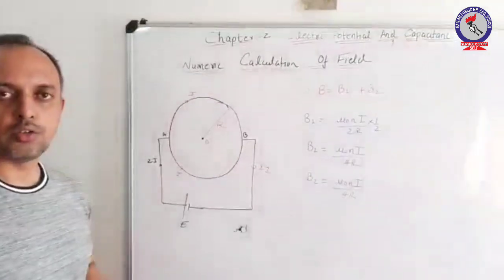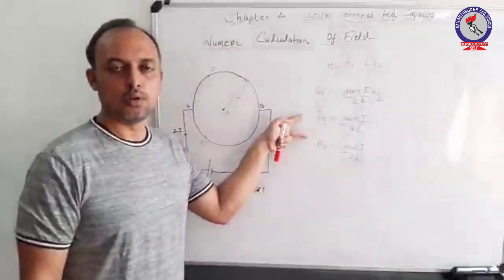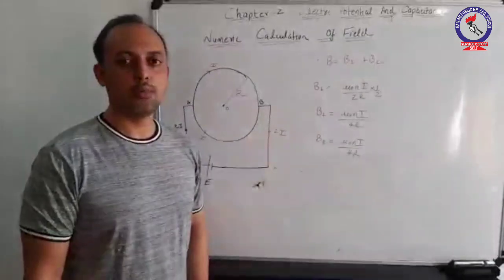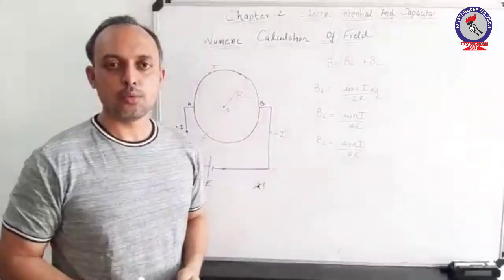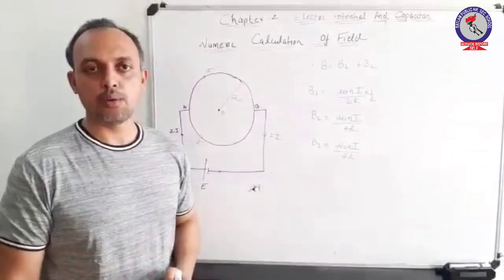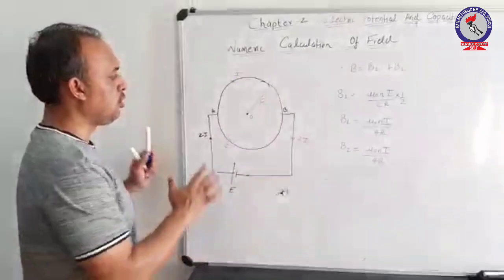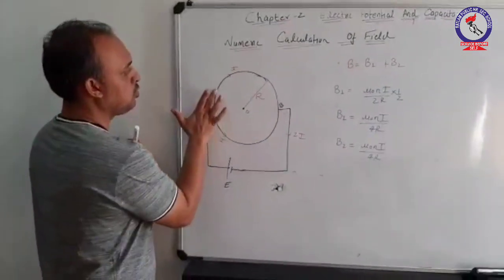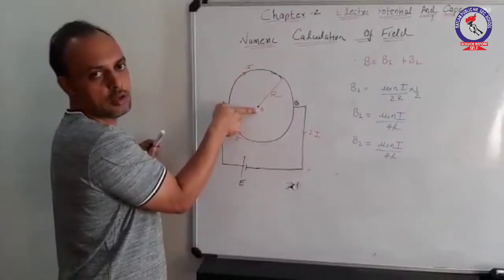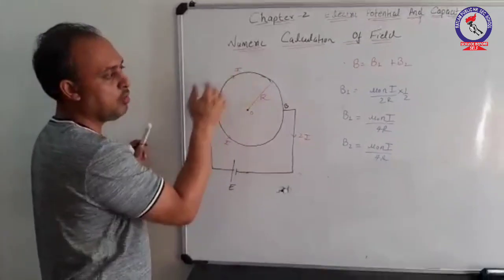So from the two equations, you can observe that the magnitudes of the two fields are equal, but in calculation of the net field you have written B1 plus B2. So let us observe the direction of the field due to this current by applying the right hand palm rule. As you already know how to apply the rule, you will observe that due to this upper semicircle, the direction of field at this center due to the current flowing through here is inwards.